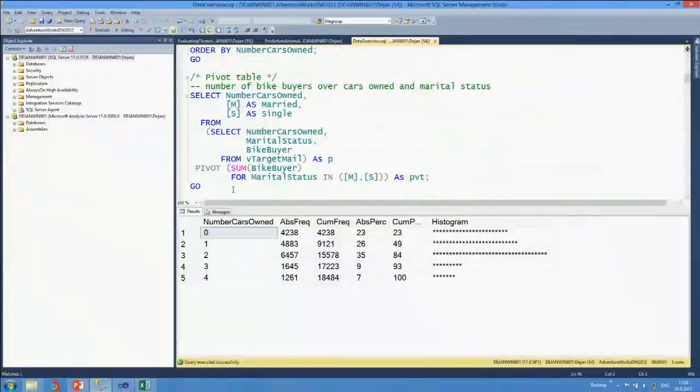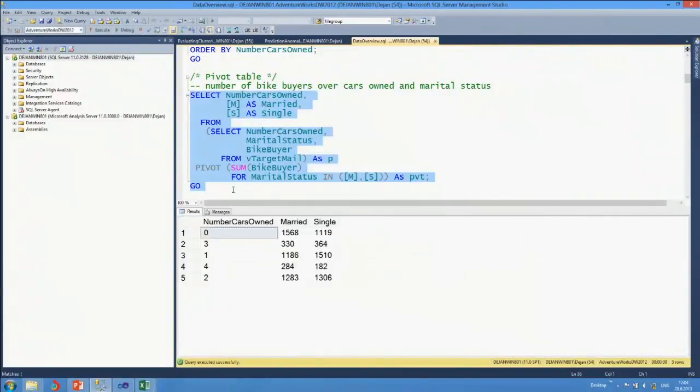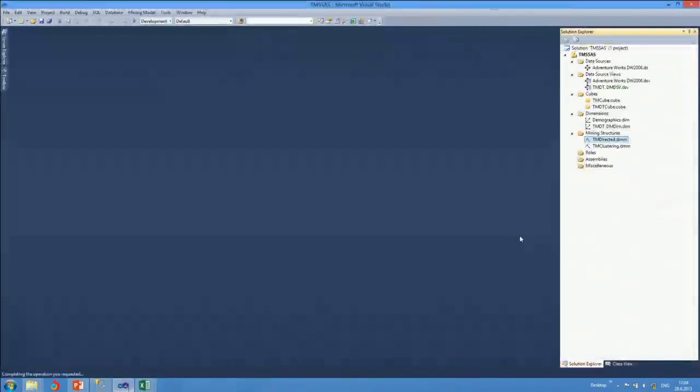So, like, you know, this pivot operator is very clumsy, more or less useless, right? Yes, right. But you have other tools. You see, you have OLAP cubes. And I developed a project here. And